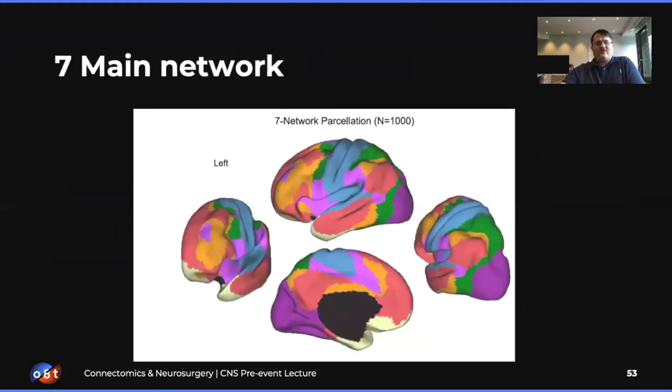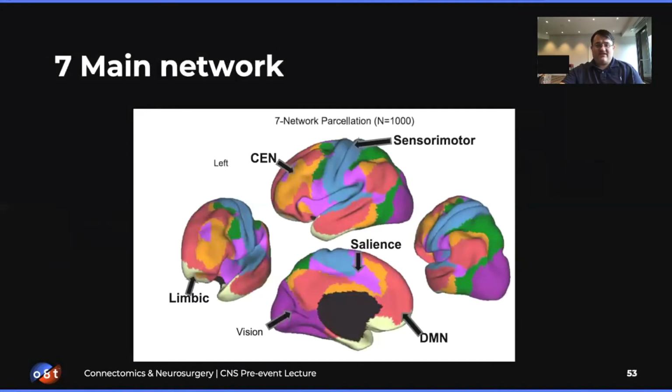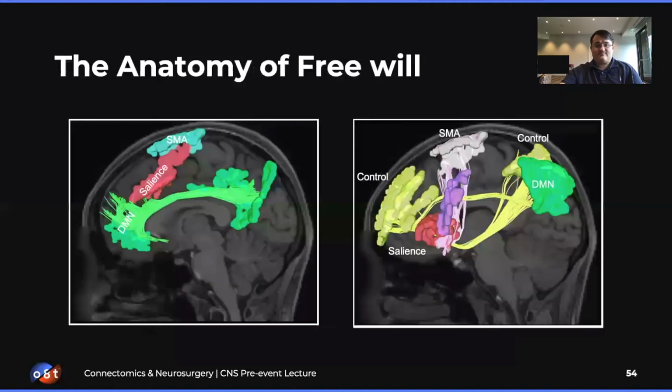So again, going over the networks, you have the sensorimotor, vision, the limbic. You have the CEN, the default mode, the salience, and the dorsal attention. Now, when we start to look at combinations of networks, we can start to track